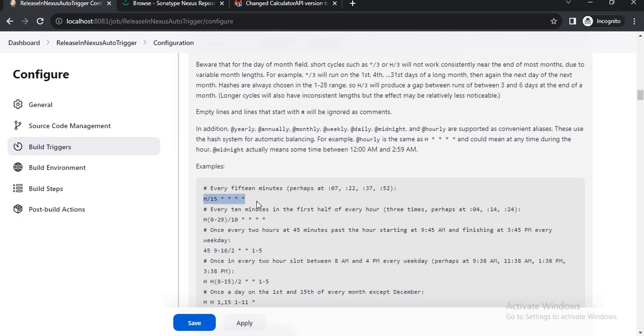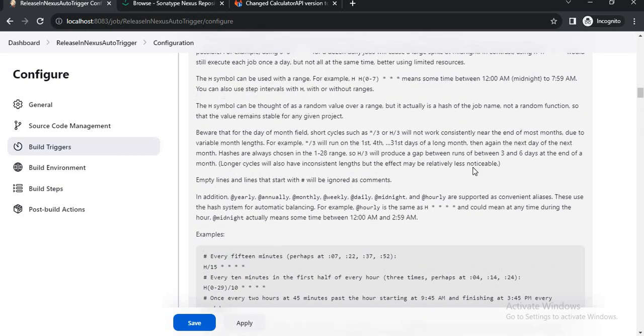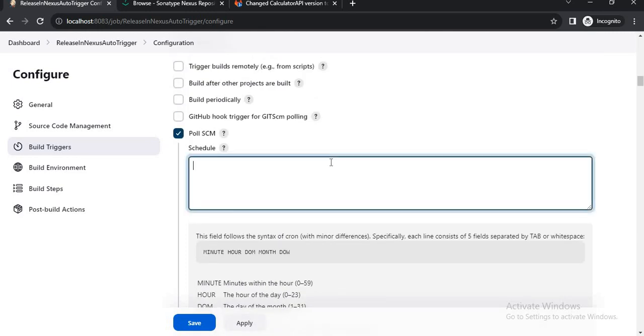I'll just get this and change it to every 5 minutes. So every 5 minutes it will poll the SCM, and if it gets a change there, it will trigger the job. Let's see. I'll just save this.